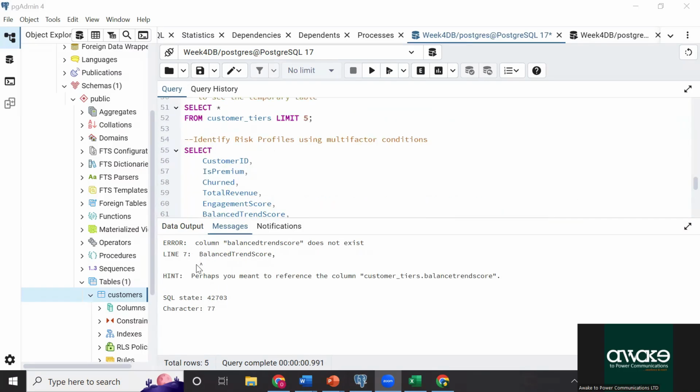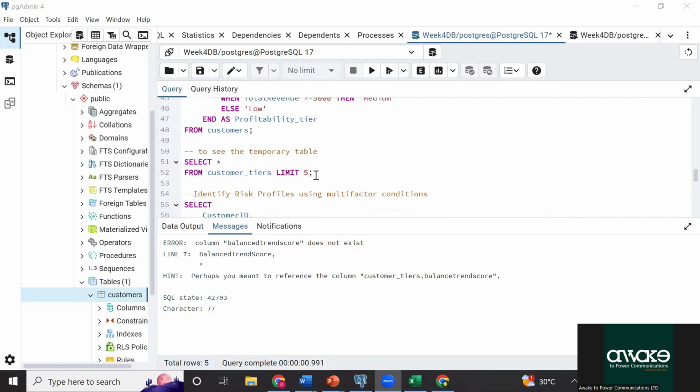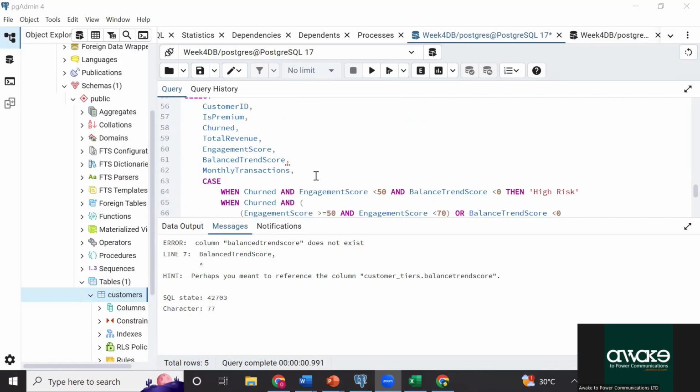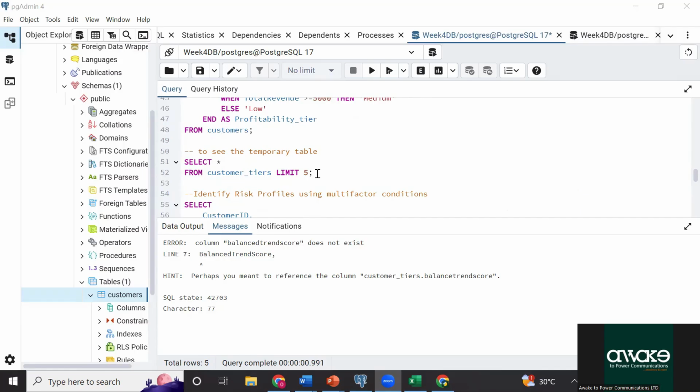All right, so it flagged balance trend score as a column not recognized. It doesn't recognize that column because it does not exist. You know that we are referencing our temporary table. So to see what is going on, whether we made a mistake in the spelling of the column name, let us do one of two things. We can look at the entire new customer tiers table or the first 5 rows of the customer tier table